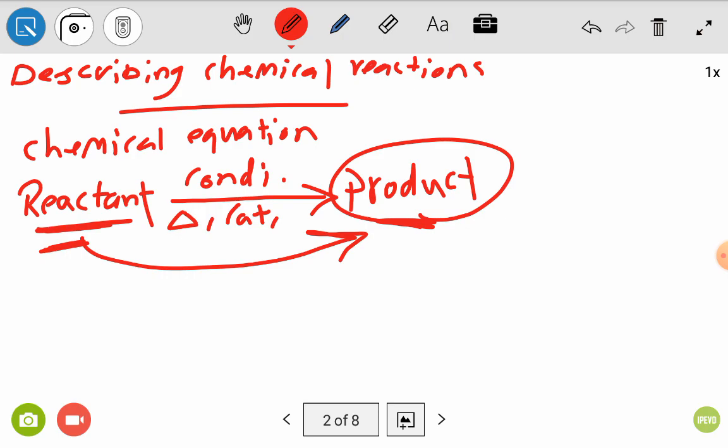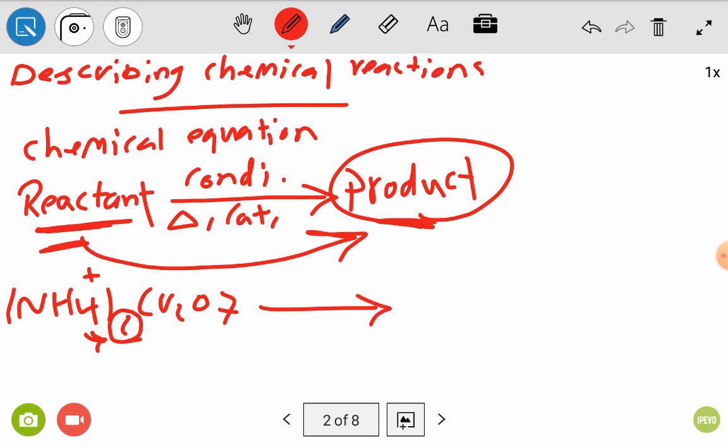For example, if I am writing here a chemical equation like (NH4)2Cr2O7, this compound is known as ammonium dichromate, and we can explain why it's 2 here: because the dichromate group is divalent, so it needs 2 groups of ammonium, because ammonium is monovalent. In that case, ammonium is put between brackets and multiplied by 2. This reaction is known as a decomposition reaction,